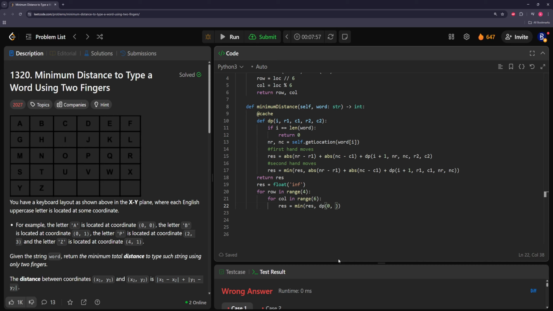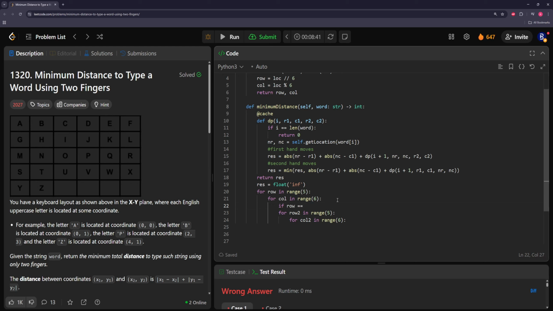Oh, we have to do this for both, right? Yeah, we have to do this for both, so let's redo it. So, for row in range 6, for row 2, we'll do 5 actually. That's fine. And we just have to make sure we don't have the invalid ones. Okay, so for row in range 5, for col in range 6. So we have to check for invalid. So I guess we can check for invalid here. So if